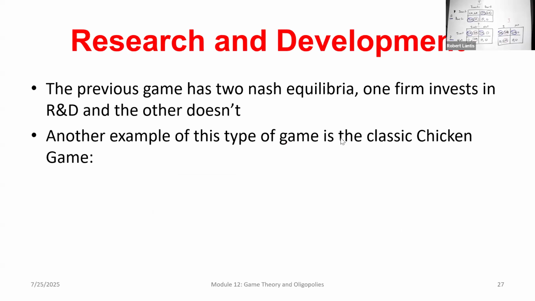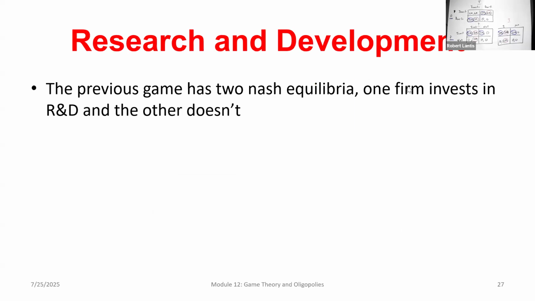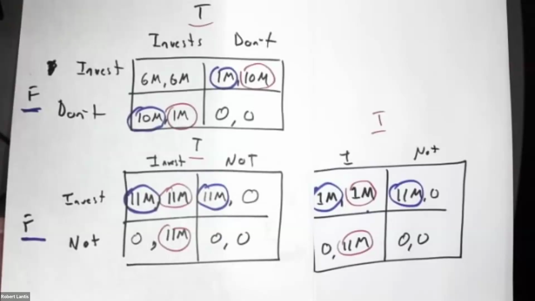I introduced the idea of both running at each other at the beginning of class. If we go left and right, good outcome. If we both go left, we crash. We both go right, we crash. There we would have multiple equilibria in a game like that as well. Okay, so